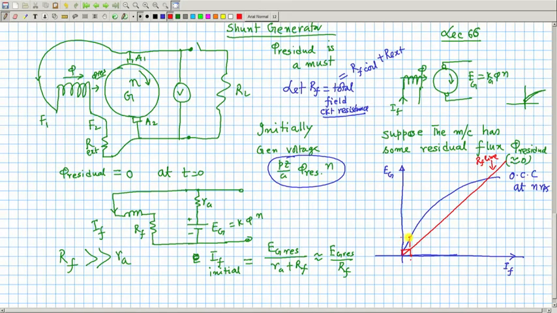And if this is the voltage, because RF is connected in parallel with this one, field current will further grow, it will become this. And if this is the field current, generated voltage will be this. If this is the generated voltage, field current will be this much, because you know field current is E generated voltage by RF plus small RA, you neglect, because as I told you RF is 100 times more than RA. What is the point of adding that? So, this way it will continue.